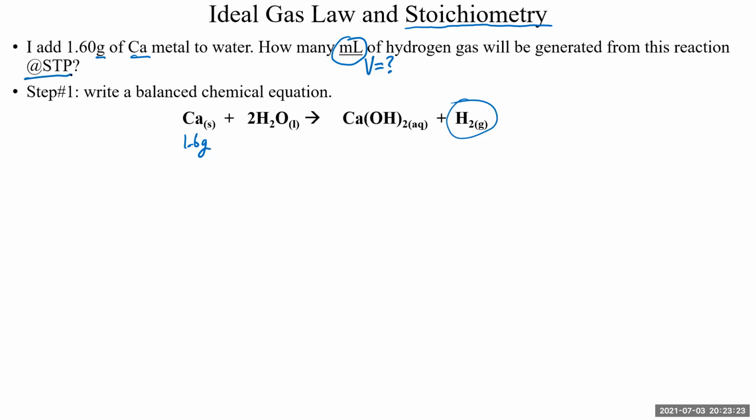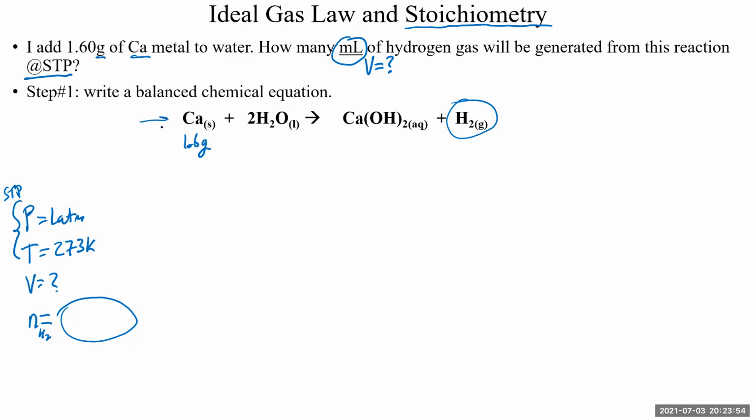Right there in those 3 letters, we know that pressure equals 1 atmosphere. We know that temperature equals 273 kelvins. That's our STP. And we know that volume is what we're looking for. Moles of hydrogen is what we also need to figure out. How do we figure out moles of hydrogen? I already have an unknown, volume. How do I have 2 unknowns in one equation? Well, luckily, I don't really have one equation. I have one mathematical equation, and since we are dealing with chemistry, I have one chemical equation, which is just as good. Don't let any mathematician tell you otherwise.